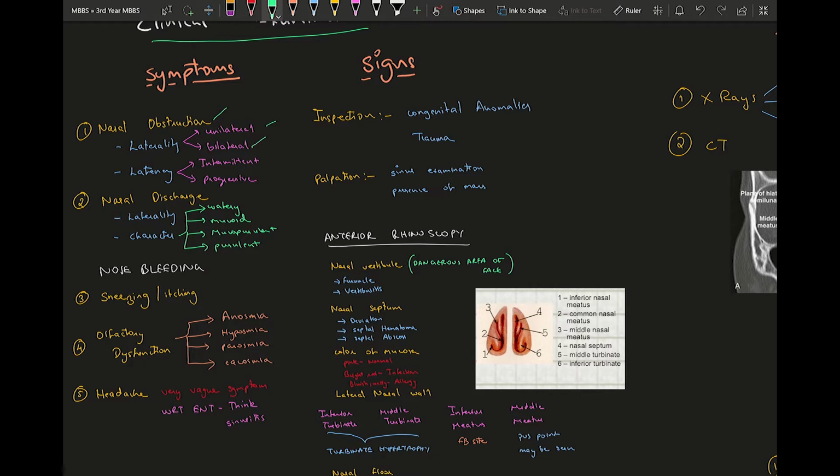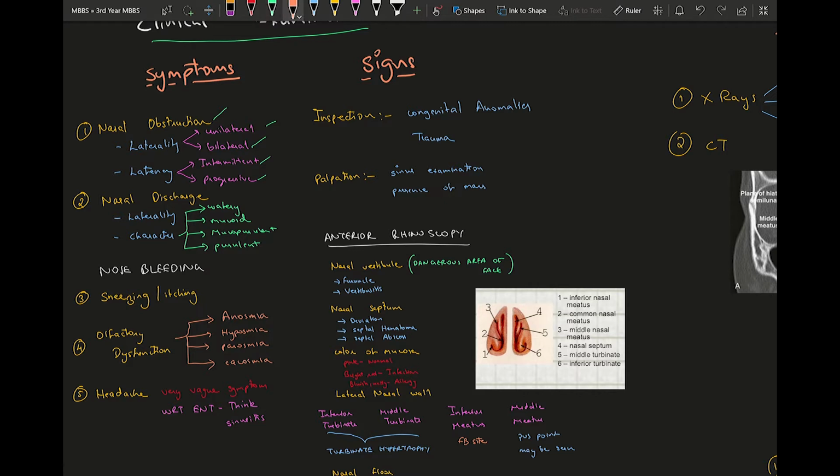The second thing would be the latency. Is it intermittent in nature or progressive in nature? Why you need to know about the latency is that in allergic rhinitis or any allergic disease, it is intermittent in nature. There are alternate blocks, that is, alternate nasal obstruction. These are all hints which you can pick up from the symptoms. If it's progressive, then it can be any kind of nasal mass or granulomatous nasal disease or something like that. You can start thinking about those things.